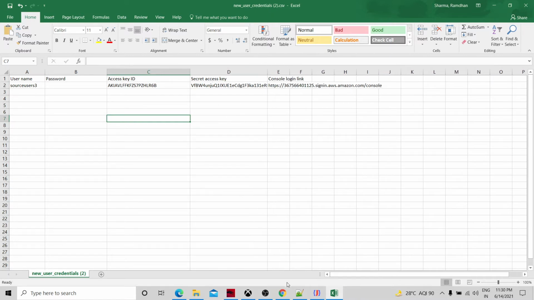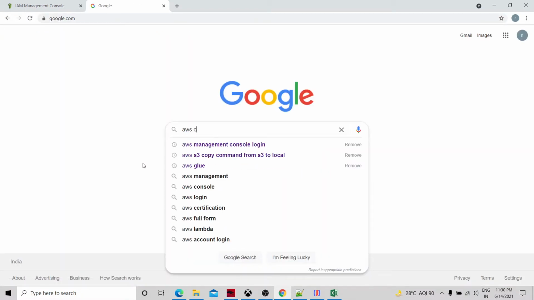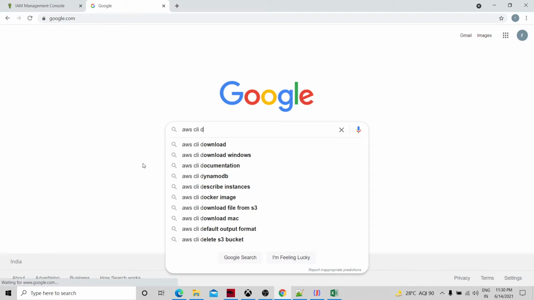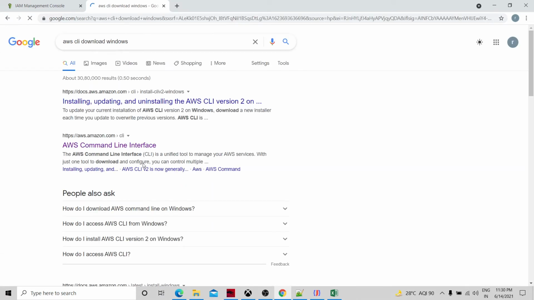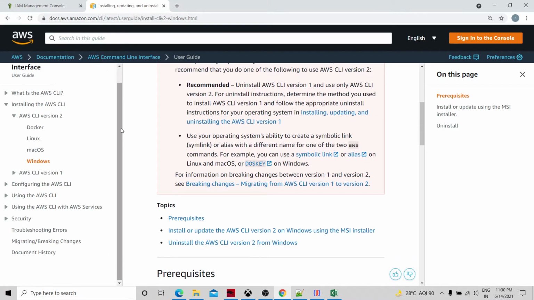And the next step is to download the AWS CLI. Okay, so you can Google it, AWS CLI download for Windows. If you are using a Windows machine, because I am using a Windows machine, I have installed the Windows version of it. Okay, so you go and install the latest one.